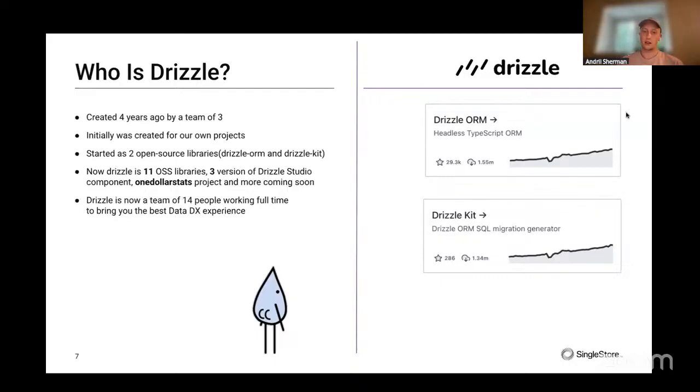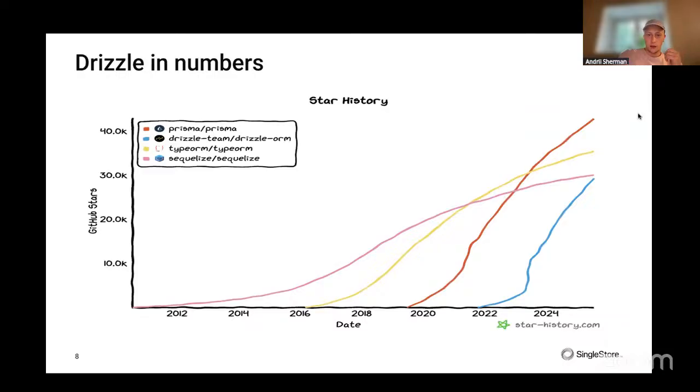Through the course of these 4 years, we have this graph to showcase the most popular and old ORMs in this field. As you can see, starting around 3 years ago, we grew really fast, and we almost surpassed the Sequelize-type ORM libraries, showing that people really love it and that it is actually solving their problems.